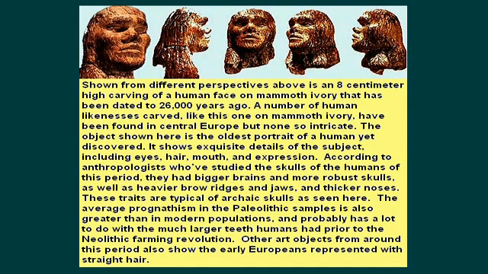According to anthropologists who studied the skulls of the humans of this period, they had bigger brains and more robust skulls, as well as heavier brow ridges and jaws, and thicker noses. These traits are typical of archaic skulls, as seen here. The average prognathism in the Paleolithic samples is also greater than in modern populations, and probably has a lot to do with the much larger teeth humans had prior to the Neolithic farming revolution. Other art objects from around this period also showed the early Europeans represented with straight hair,